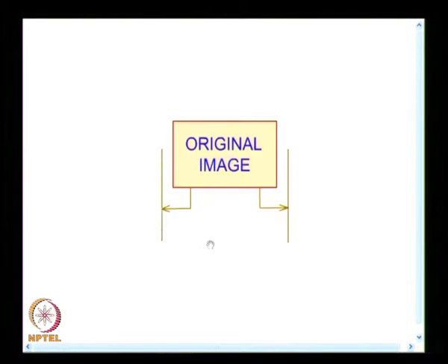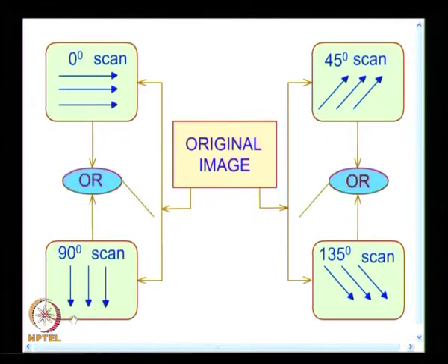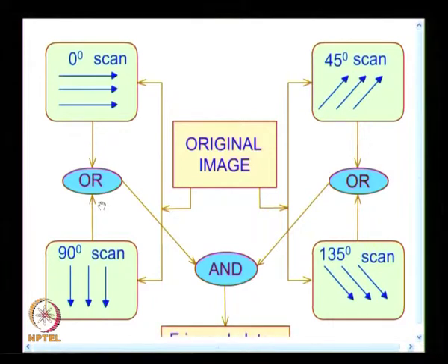Let us take the original image. I will have the edges identified, then scan it horizontally to get the skeleton image, scan it vertically to get the skeleton image, and process this with an OR operator. Make a sketch of this. You need to have this algorithm. The algorithm is very simple and straightforward, and I am doing a set of orthogonal scans only to appreciate that this scan helps.